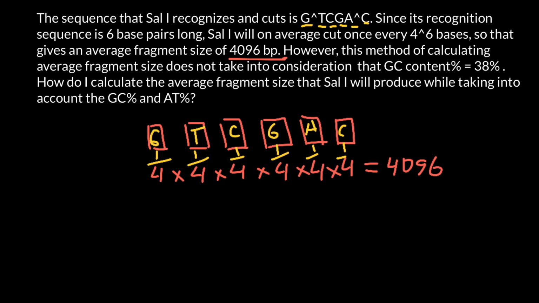So our answer would be 1 out of 4096 would be the probability that if we take a random sequence of 6 bases,